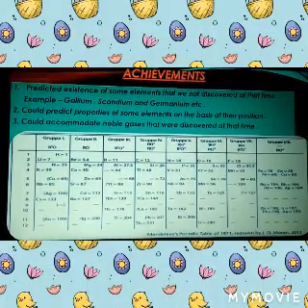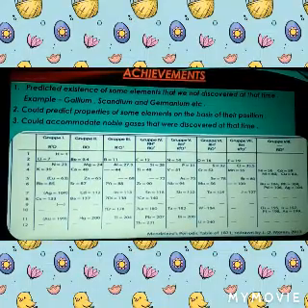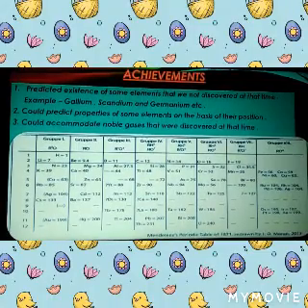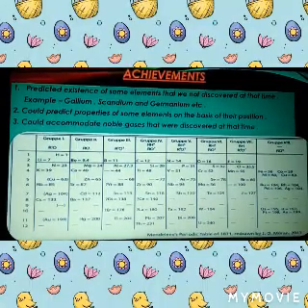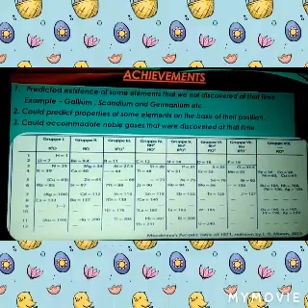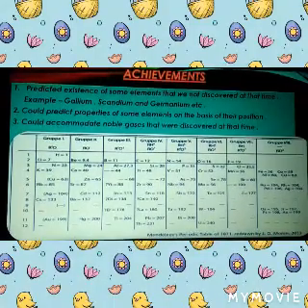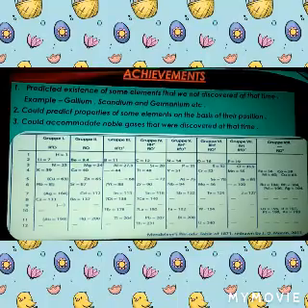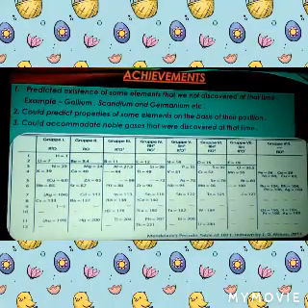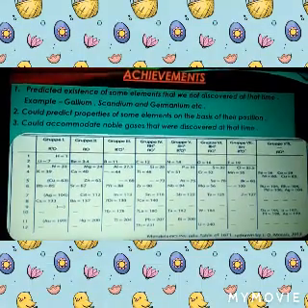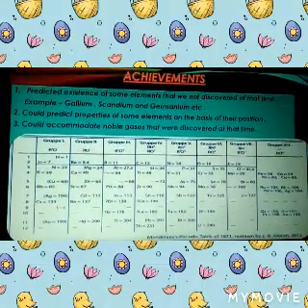Now he had not seen on what basis it was arranged. So he thought that it's on the basis of atomic mass. So he arranged all the elements on the basis of their atomic mass. As he had seen all the elements, he predicted the existence of some elements which were not discovered at that time because of his dream. So we can say it's a miracle. And at that time, everyone was saying that Mendeleev is God gifted and has some supernatural powers. It was just a prediction, but it came true.